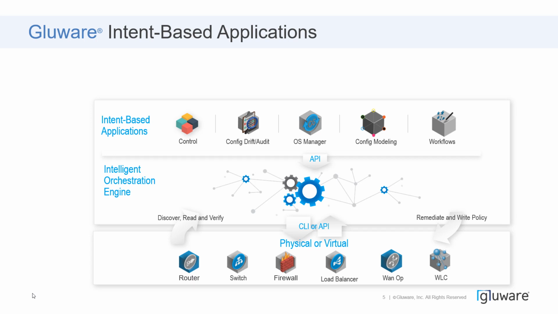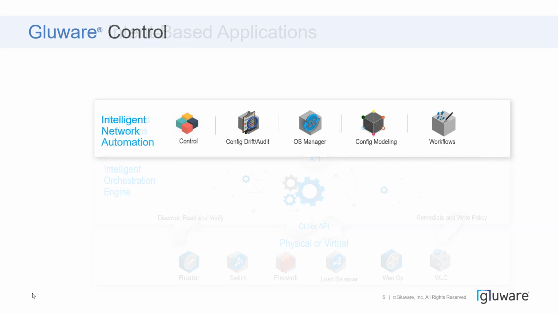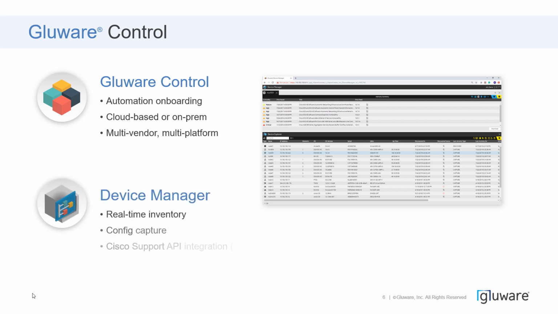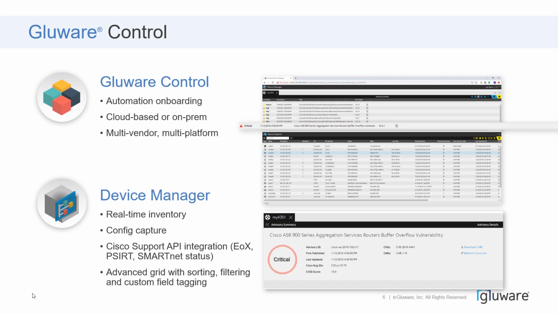Each of the intent-based apps leverage that common orchestration engine, and each provide that benefit and serve various use cases. So let's take a look at Gluware Control and break down what it provides. First, again, this is the main framework. This is where you perform administrative tasks. We're going to cover that in a bit in terms of what we've already done for you. But you define your organizations or your tenants, you define your users, you manage your software, and then using the integrated device manager, you can execute things like a real-time inventory, capture very specific information from the devices, like